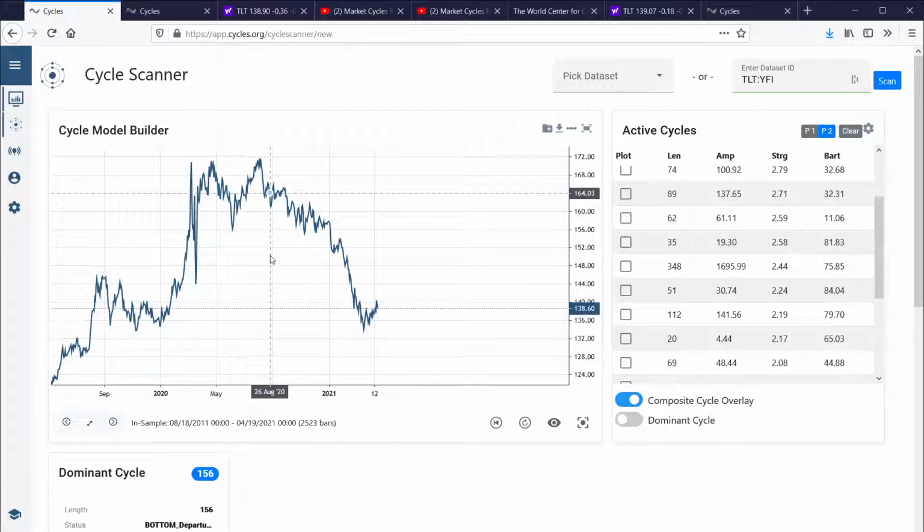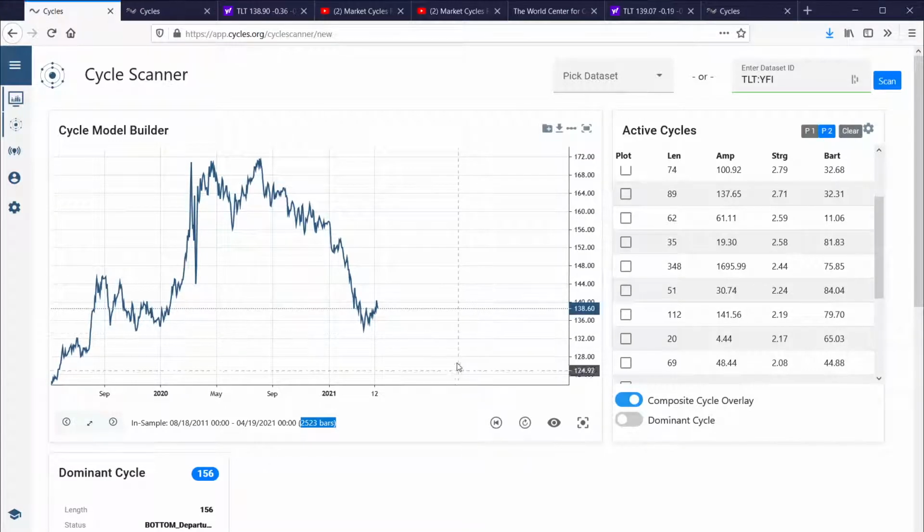So we load up this data set. It's just a wrapper around the Yahoo daily data we are using here. And we are applying a very long-term period, from 2011 up to 2021, so up to today. So it's a 10-year period of daily data. It's a very long data set to analyze, and I will get back to this in a second, because you need to take care if you analyze 10 years of daily data with digital signal processing.